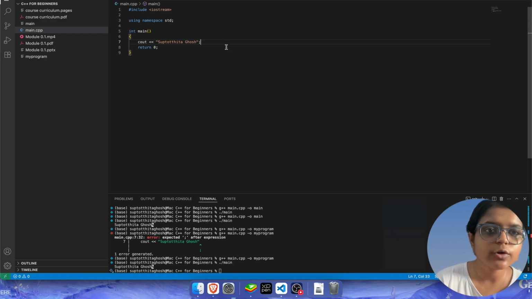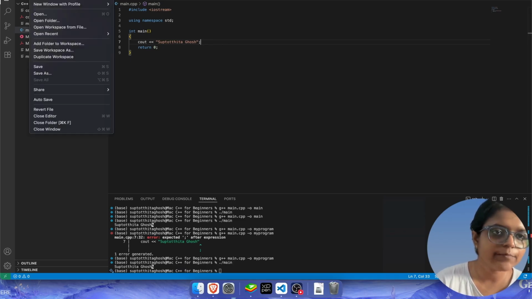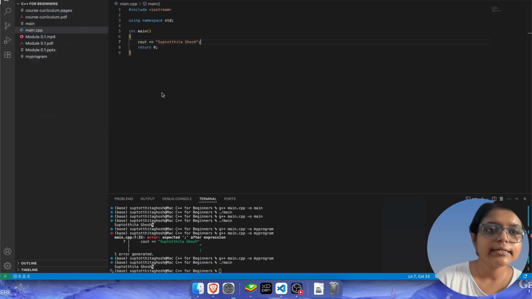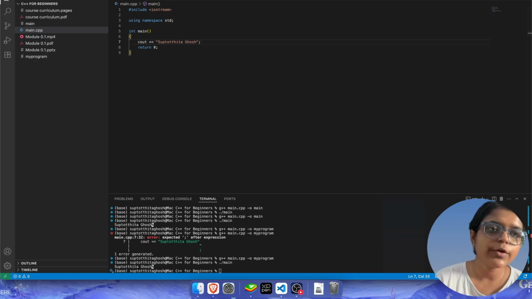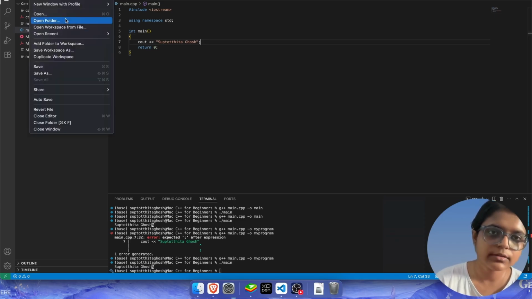In case you've forgotten, when you are starting VS Code, you are supposed to go to File here, open folder, and create a new folder if you haven't already. After today's session, you're going to close this window and go about your work. When you open VS Code again, you are going to go here, File and open folder again, since you're going to have your C++ code in the same folder. So you have to open the folder every time you open VS Code.